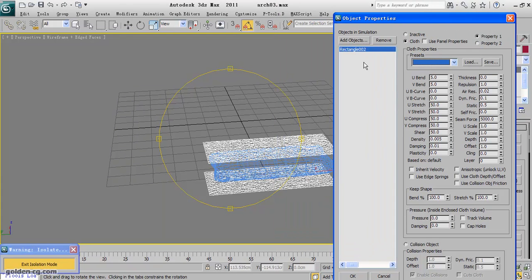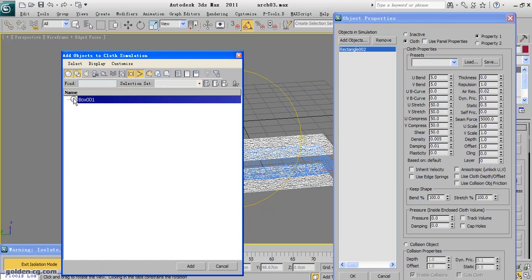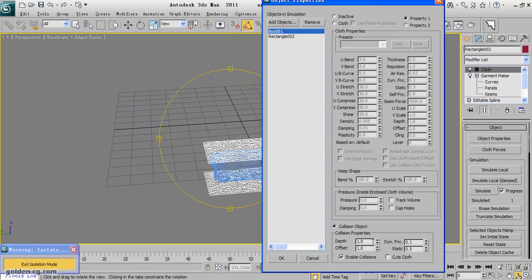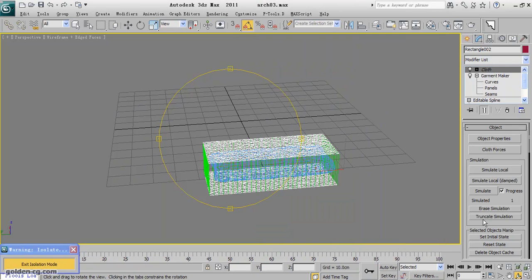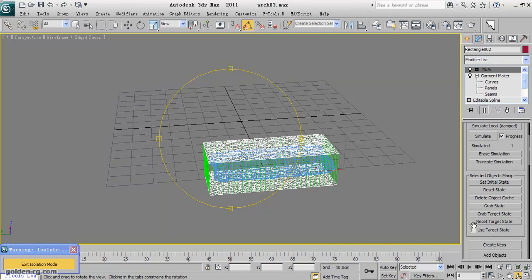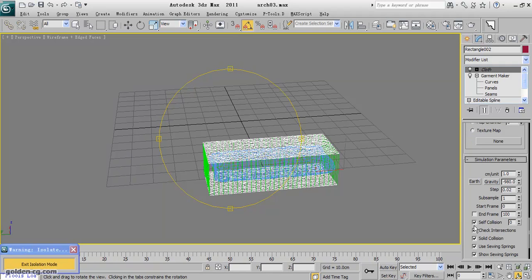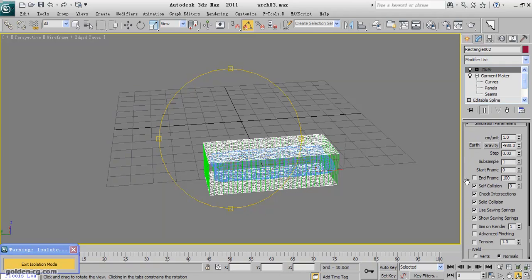Then add the object. The next object is the box, which is actually my pillow schematic object, and it must be collision. I will not change anything here. You can change it if you need. I will hit OK, and just in the tools simulation parameters, make sure that self collision is selected and gravity is unselected, because if